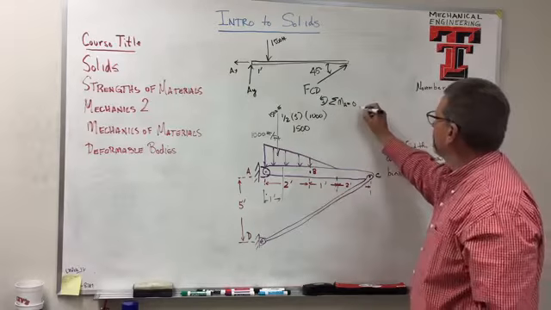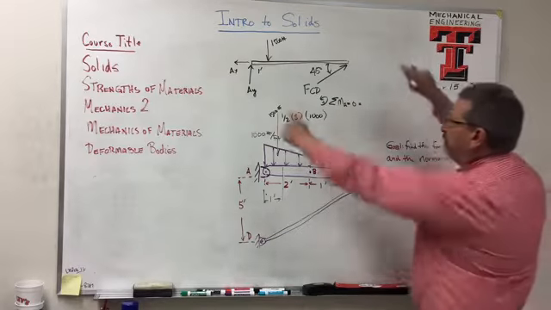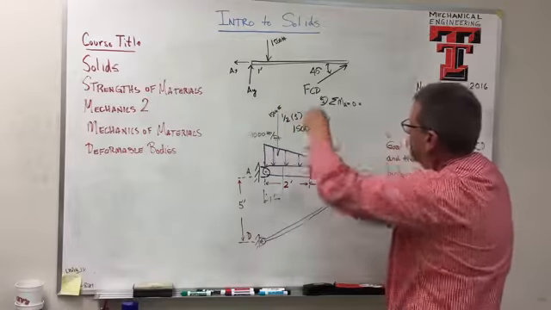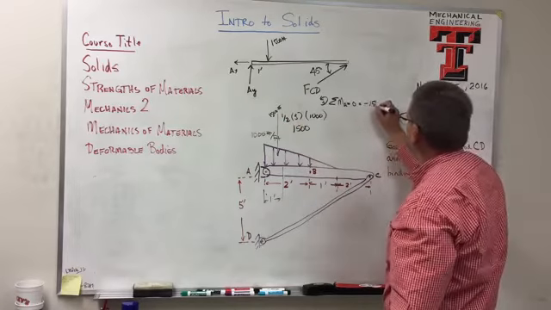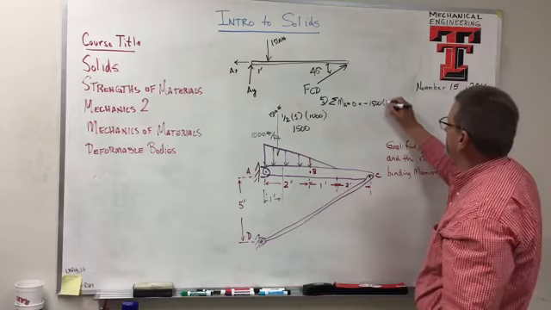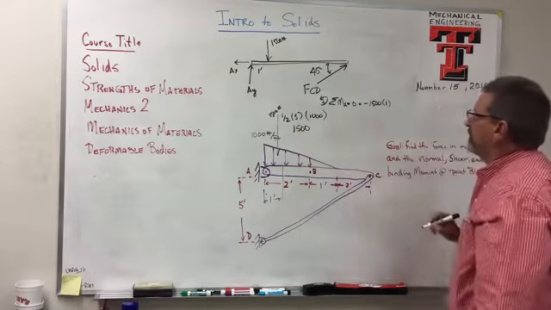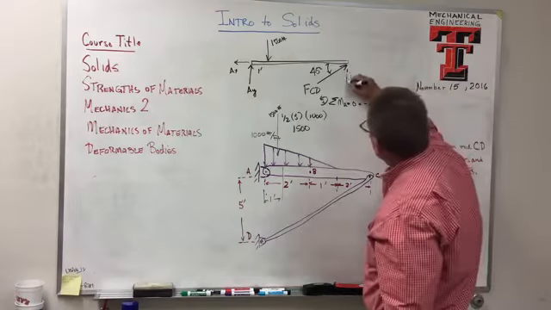Counterclockwise is positive. So here we go. I've got 1,500 rotating me clockwise, so minus 1,500 times how far away? Well, 1. And then this guy over here has 2 components,